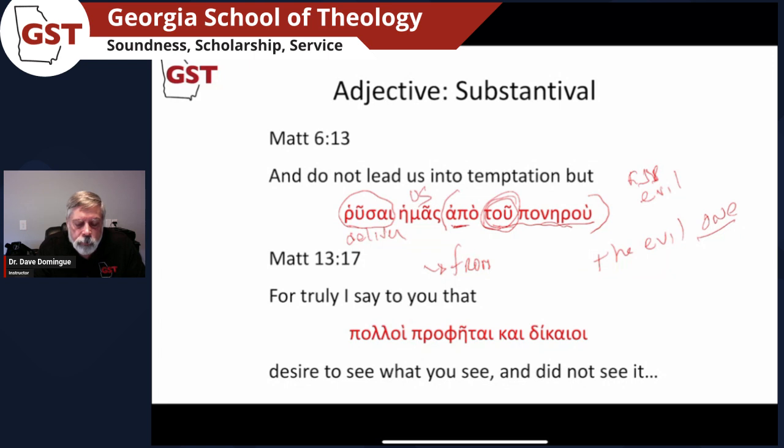But he will deliver us from the evil. He does deliver us from the evil one, those that are in Christ. We need not fear the evil one, the devil or Satan, however you want to define that. But we can see here it's functioning now. This is substantively. Remember, we said if the article, not the article, if the adjective has an article,